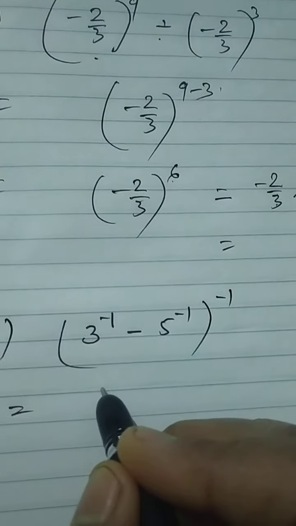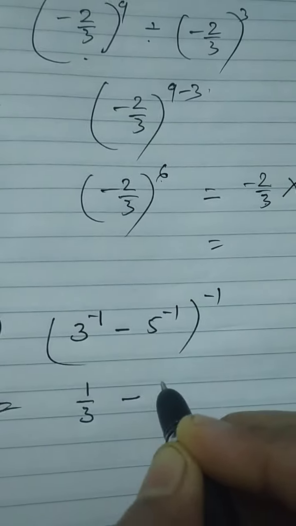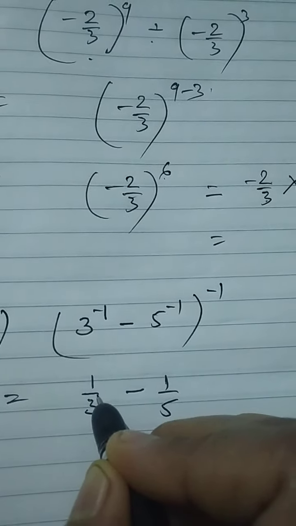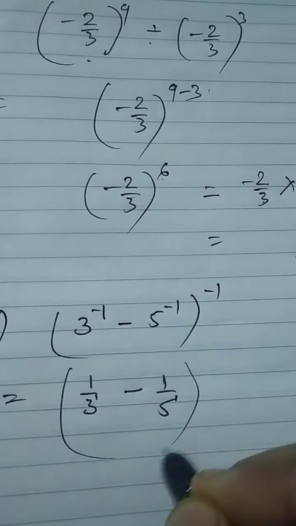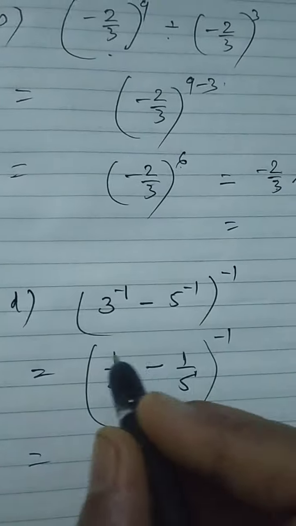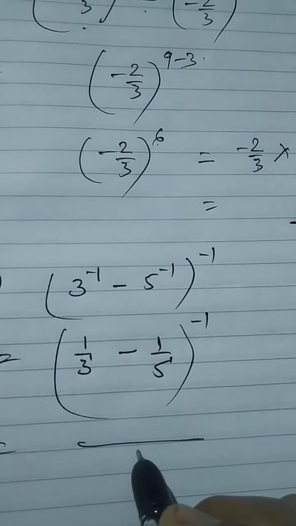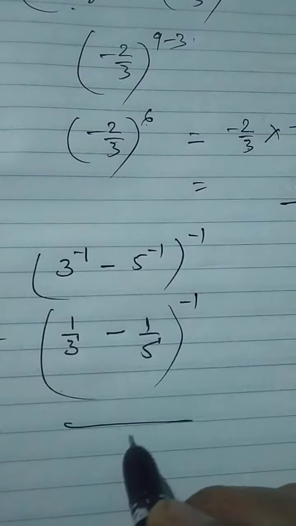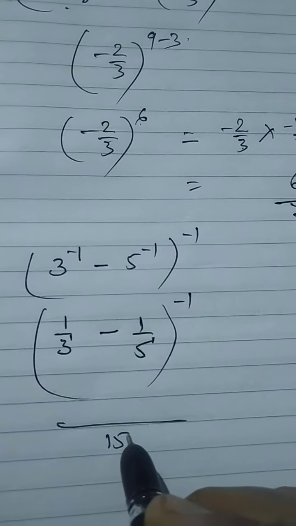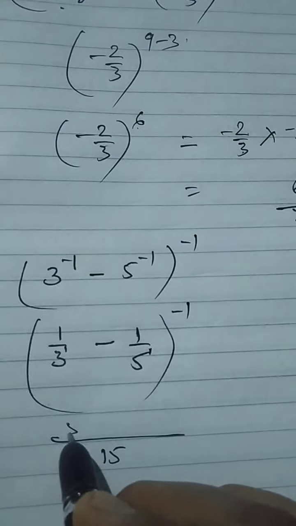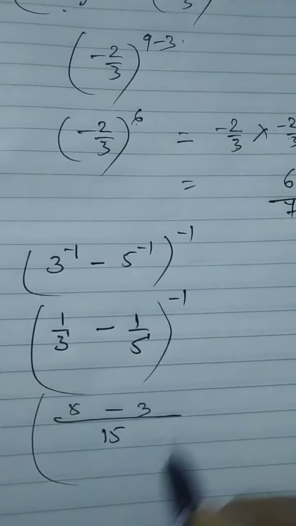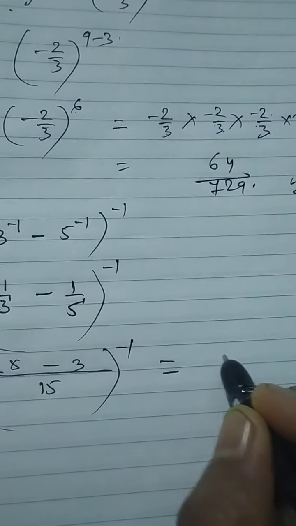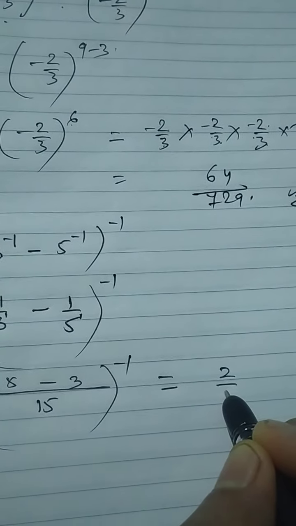If it is a power in minus, then we can write it in inverse form. 3 to the power 1, 5 to the power 1 in plus, and there is minus 1. First we will calculate this. Take the LCM of 5 and 3. We will get here 15. Now 3 fives are 15, 5 threes are 15, so 5 minus 3, then it will be equal to what?